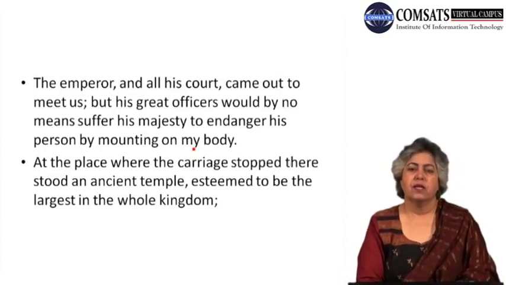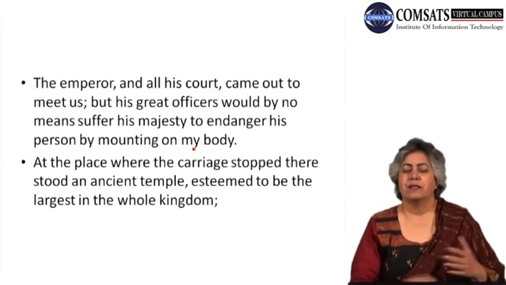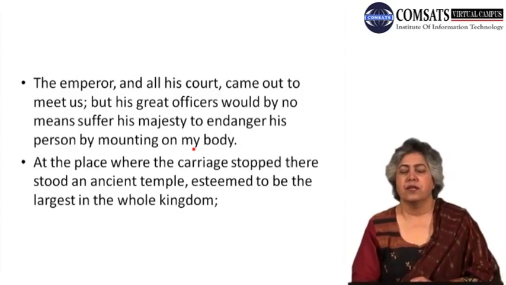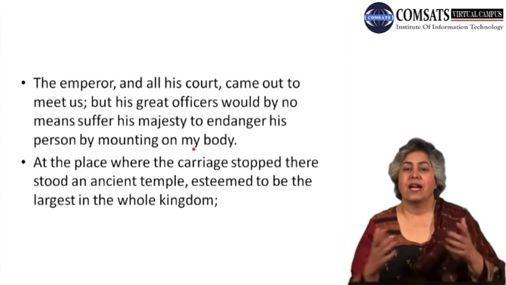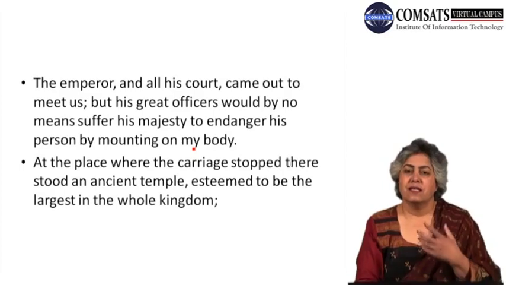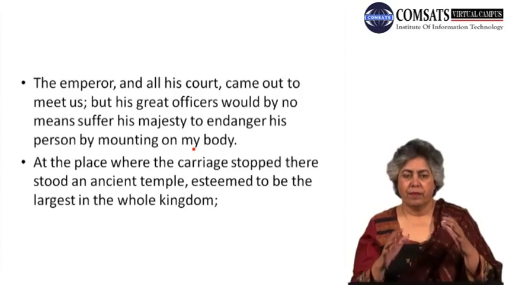So they reach the emperor's place. The emperor comes out, but the emperor's courtiers will not allow him to climb up onto Gulliver's body. Again, this is one place where Jonathan Swift is being very sarcastic in the sense that people,